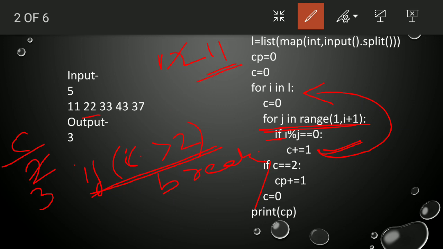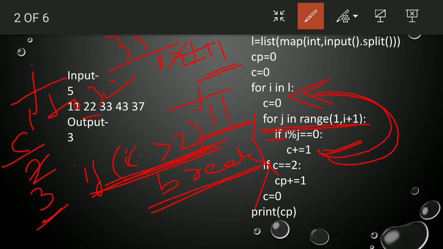But when the j value is 3, it will check that 3 is greater than 2. The condition is satisfied, so break. It will break the loop and it will not go inside this one. It will directly jump to the i value, that is, the j value will be stopped at the first iteration only, and the i value is completed, so i goes to the next value, and j will again continue from 1 to 3. In this way we can minimize some time for the execution.